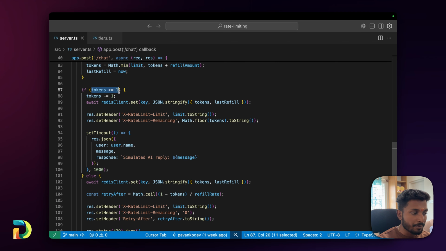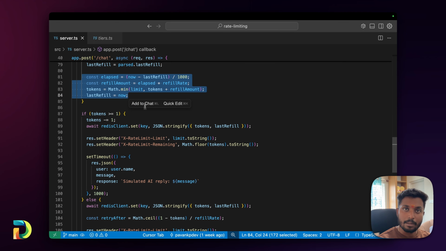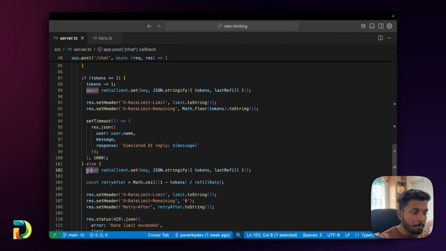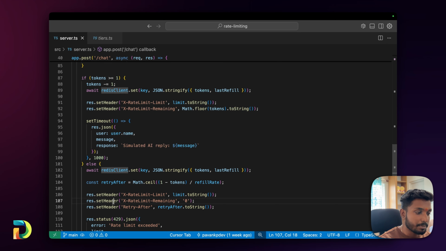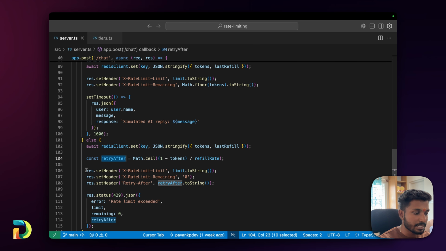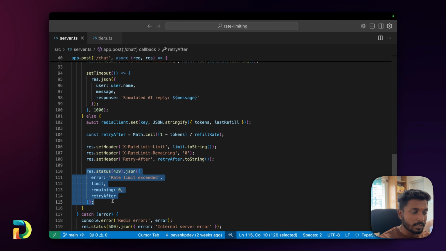Okay, if the token is not available even after calculating elapsed time and everything, then we will update the latest data in Redis, basically the latest time, whatever we were calculating. Let's say the user had 20 seconds to regenerate the token. They sent another request again. Now it's 19 seconds. So we're updating that 19 seconds over here. And then we're going to calculate retry after. We're going to say you have to retry after 19 seconds